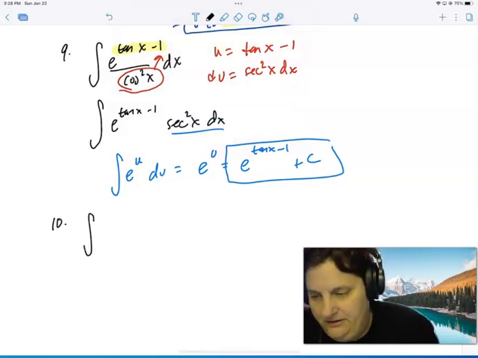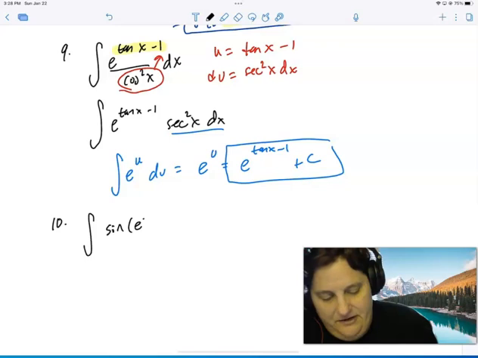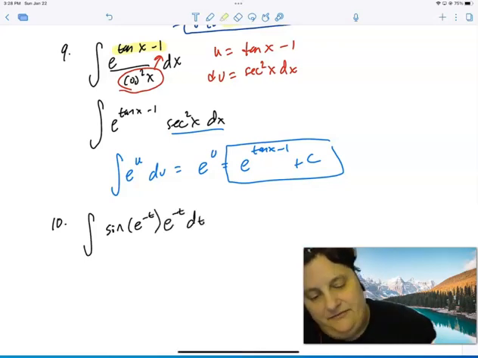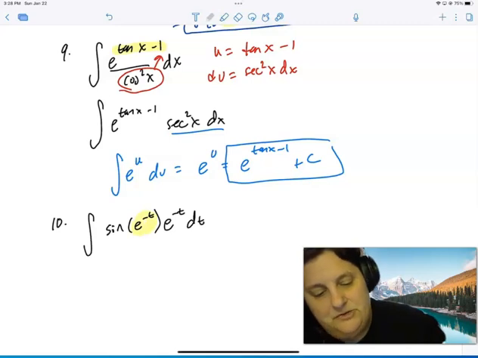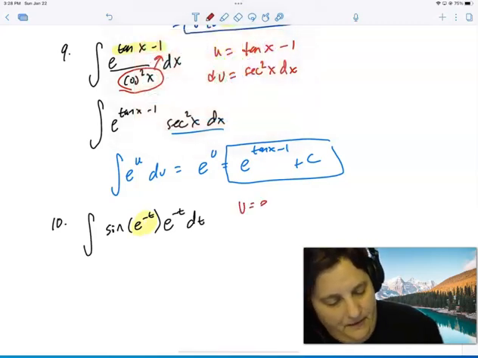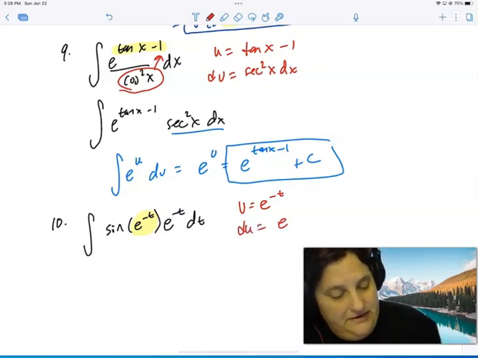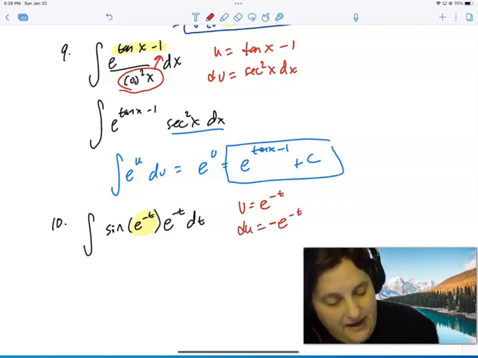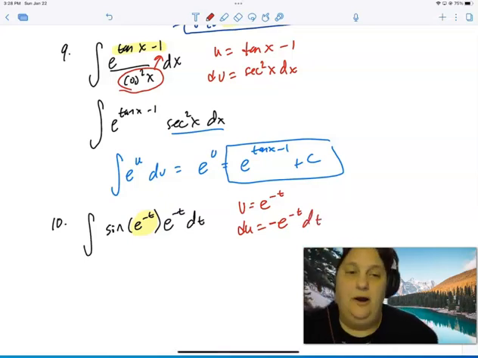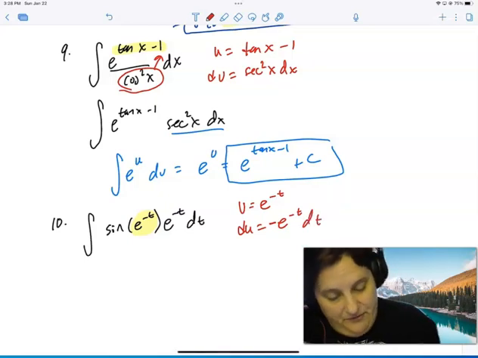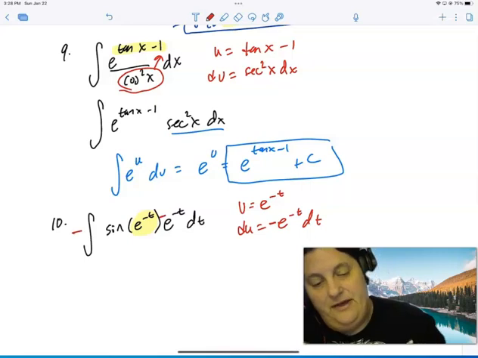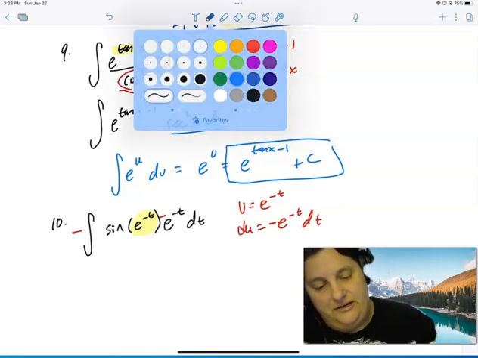And then for number 10, let's see, I have sine of e to the negative t, e to the negative t dt. Definitely another u sub, because right here, if u is e to the negative t, the derivative of that is e to the negative t times the negative dt. All right, so it's a chain rule right there. So I have to put it times the negative, which means there's a negative on the outside. So this actually gives me